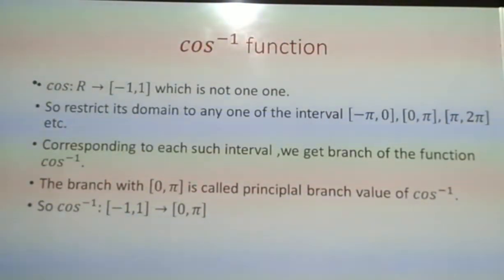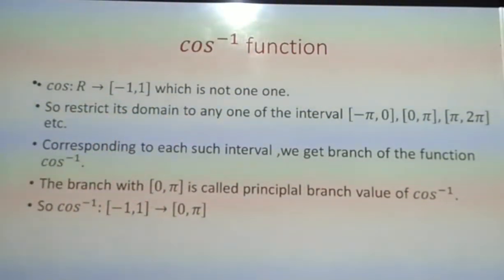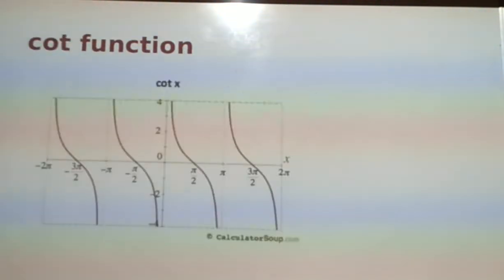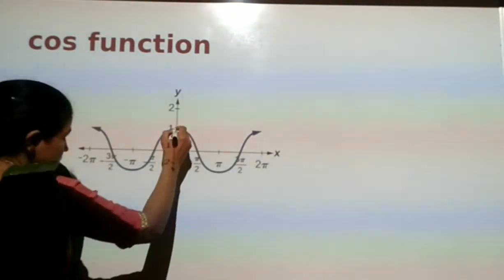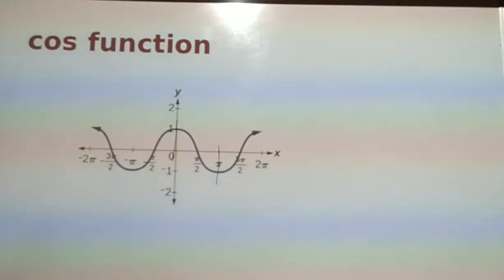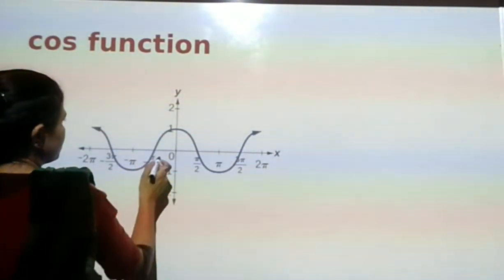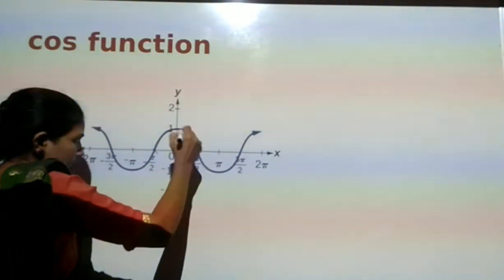Next, the cos inverse function. Now you know that cos is not a 1-1 function, so what do we have to do? We have to redefine or restrict its domain to an interval. So let us see whether it is this interval or not. For this we are checking the graph of the cos function. Here you have a graph. First, 0 to pi. Why are we not taking minus pi by 2 to plus pi by 2 here? We can take this also, so why are we not taking it?